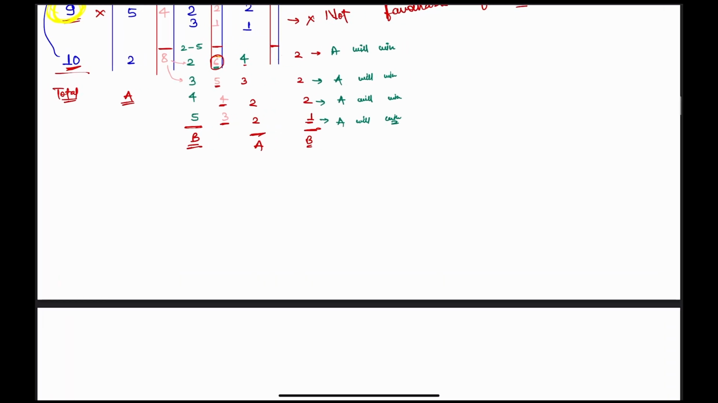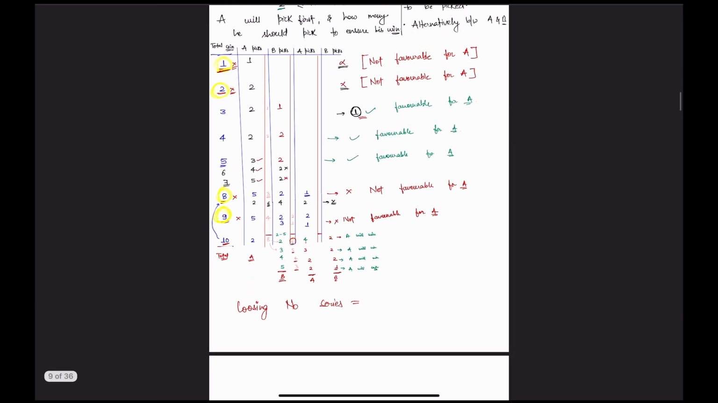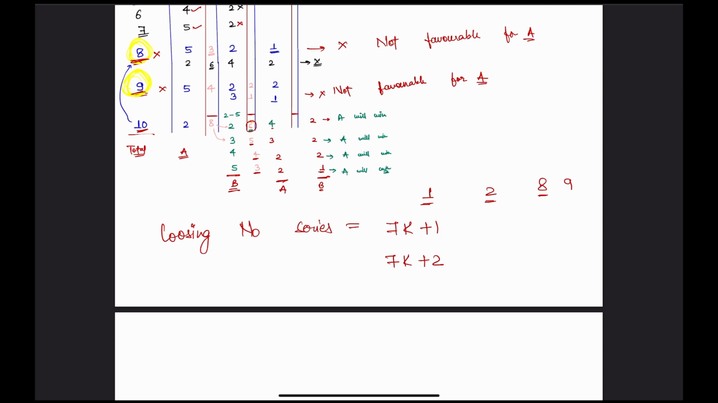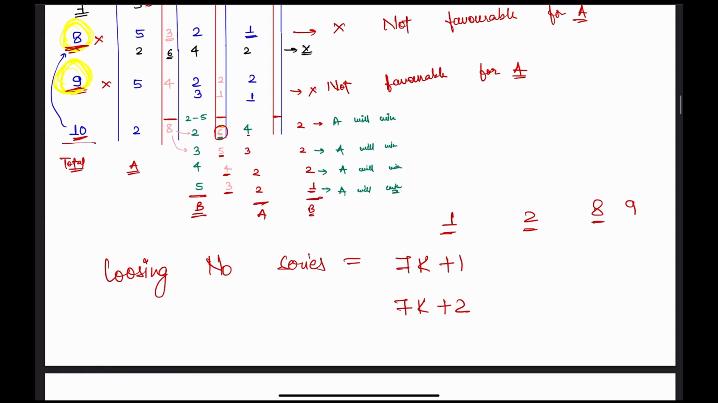So let's see the losing number series. Let's try to find out what the losing number series is. So 1, 2, 8, 9. This is the losing number series, and 1, 2 we already know. Can we say that this series looks like 7k plus 1 and 7k plus 2? Because further down the path, if we extrapolate the same thing, we can see that